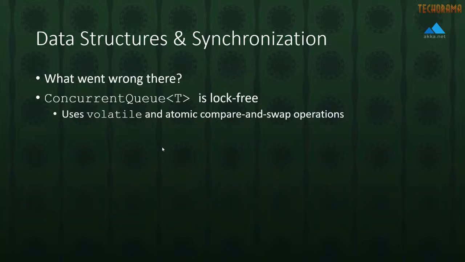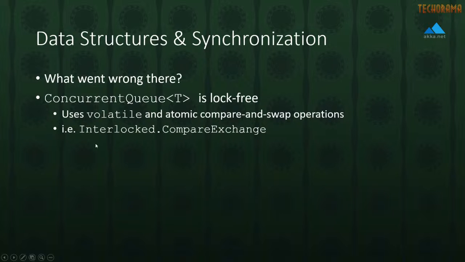The concurrent queue system does not need to do that. Instead, it uses volatile memory, which means that it has memory barriers that force all the other processes to refresh the value of the registers of this object each time they access it. And then it uses what's called a compare and swap operation, like Interlocked.CompareExchange, to actually swap out segments of memory when they're added. This can be quite a bit faster because they can be executed in many fewer CPU instructions, and they ultimately reduce lock contention overhead. The downside of using these methods is that they're much more complicated to get right.